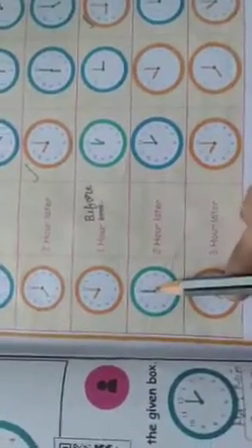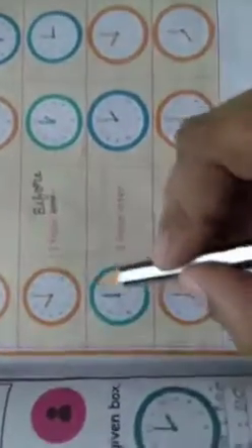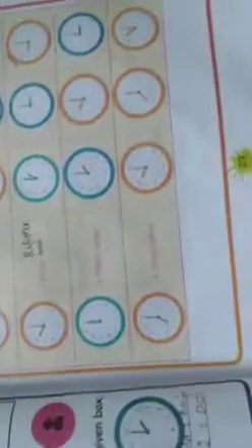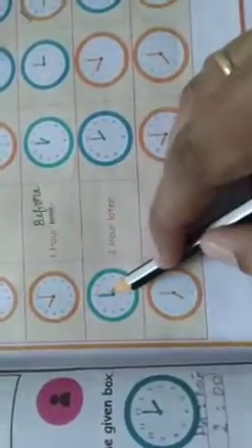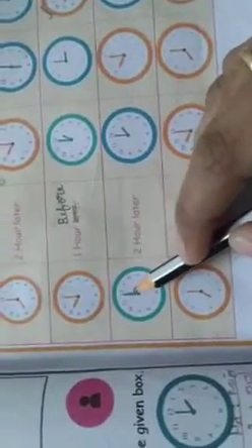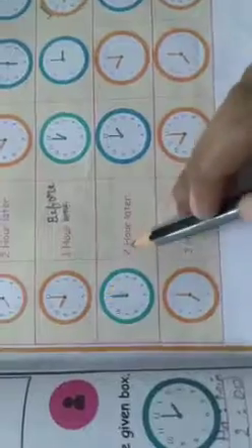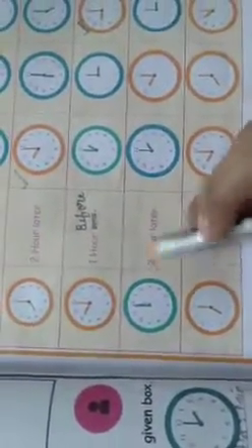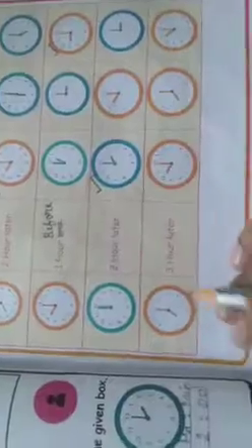Now here. Yes, 12 o'clock because the longer hand and shorter hand both are on 12. So this is what is the time? Very good, 12 o'clock. 12 o'clock, 2 hours later. So after 2 hours. So 1, 2. So 2 o'clock is the answer. Here having 2 o'clock. So tick it.